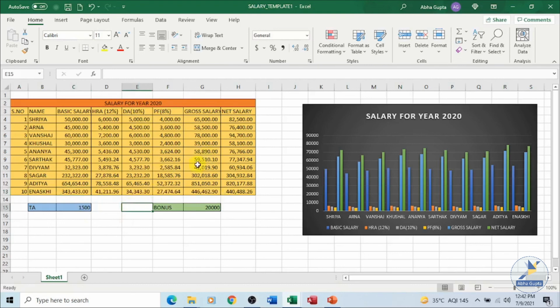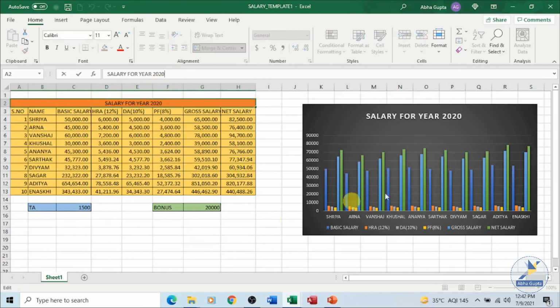You can see the changes over here. You can make change to this heading. We have not placed 2021. You can change over here. You can change the data over here. You can select a different range for this and modify the chart. That can also be done.